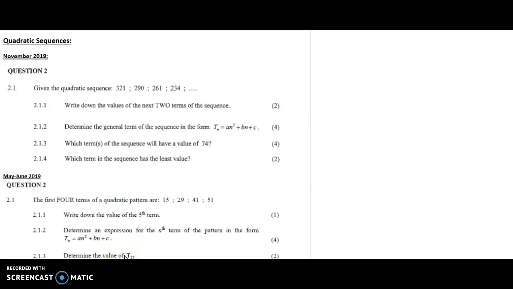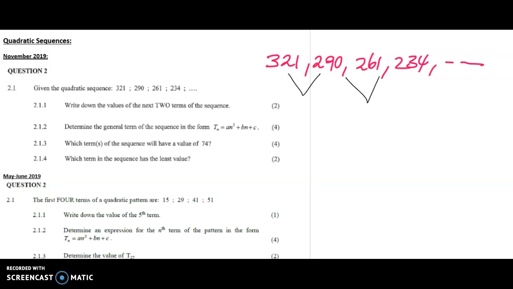So in this video, we're just going to be looking at a quadratic sequence, and we're just going to go straight to the questions, and I'm just going to explain the concepts as we go through the questions. So we're just going to start with this sequence. So we have 3, 2, 1, we have 290, we have 261, we've got 2, 3, 4, and then the list goes on. So we're going to try and find the first difference and then the second difference because it's